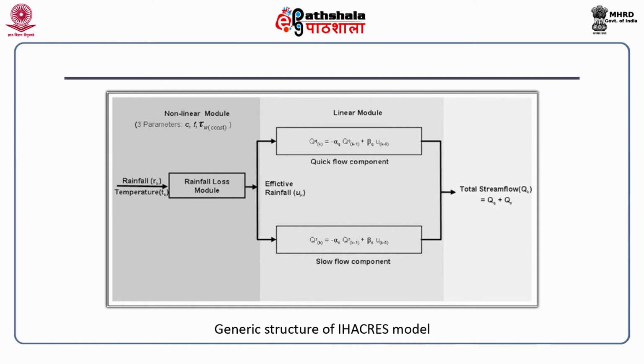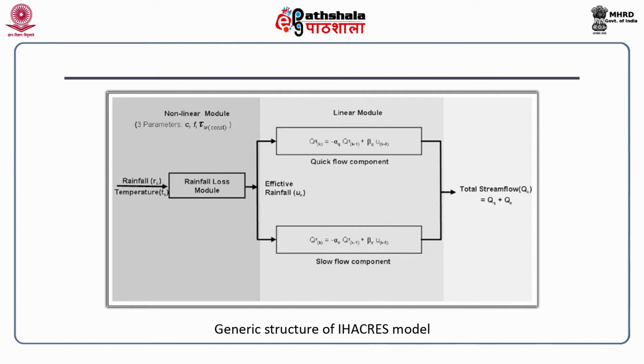So we can use that kind of a model depending on the characteristics that are available to us. If you compare the rational formula with the HERES model, you will see that the second model is more complicated, but for that you need to have more information, more variables. If that information or those variables are not available to us, then we can use the rational formula, which also gives us reasonably good answers. When I say reasonably good answers, I mean that the uncertainty is not too high. So it depends on the application.